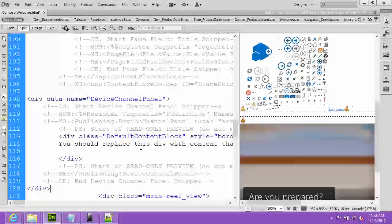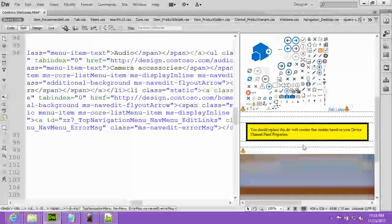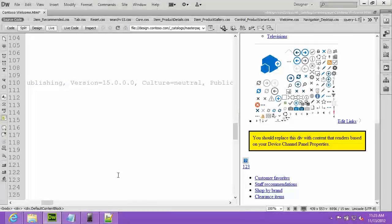And one of the things that you'll see is, once again, similar to content placeholder main, we have by default included a bright yellow div that says, hey, this is what's going to show up in that device channel panel. But we don't, of course, want our end users to see that in Live View. We don't want them to see that yellow panel. What we want is to delete that and show them